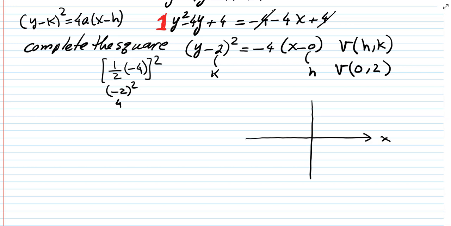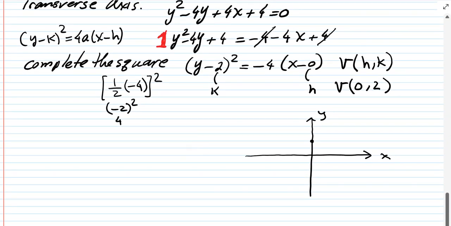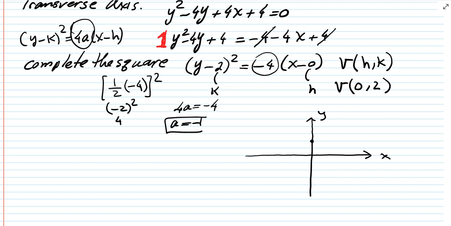And there's x and there's y. Vertex is at 0, 2, so it's right up here. Now a in this case, what is a? Well, for a, I'm matching this against the coefficient. We know that 4a is negative 4, therefore a must be negative 1. Less than 0, so the parabola opens to the left, correct? And remember, the distance from a vertex to focus is what a is in this case. A is negative 1, so we go left negative 1